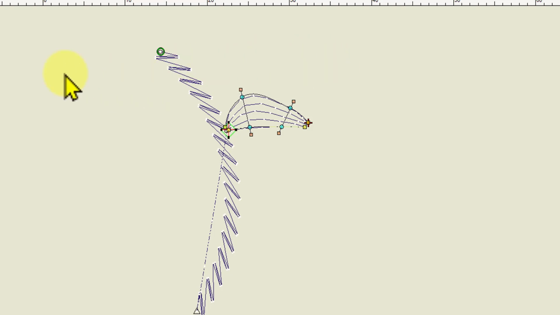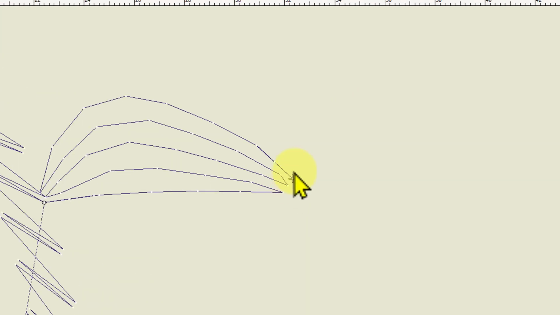So I'm going to go out of reshape into the select tool and click off so nothing's selected. So the first thing I need to do is, I know this leaf ends here. You can see this is actually the last stitch in this design. And so I want to stitch from there back down to here so that I can connect this leaf to the stem stitching